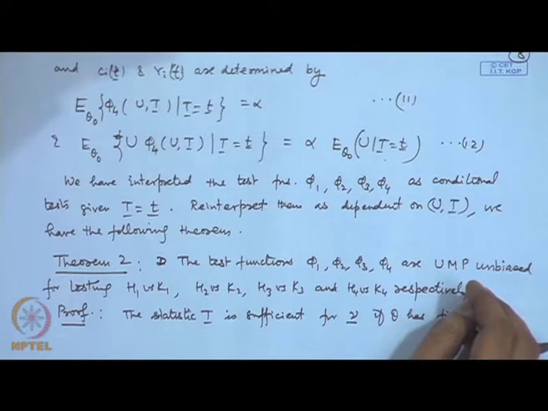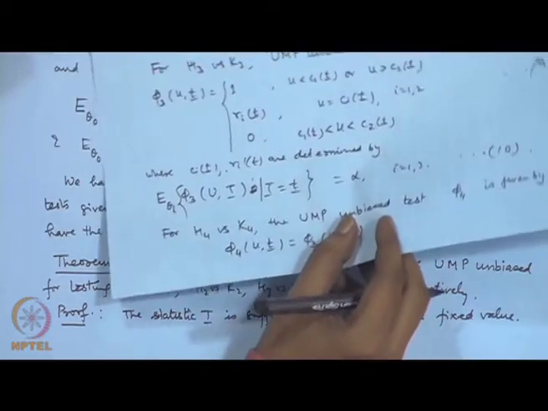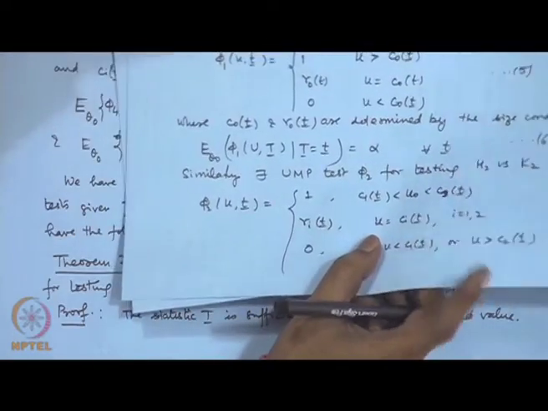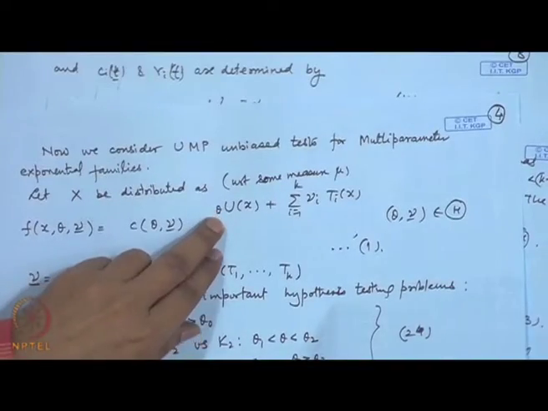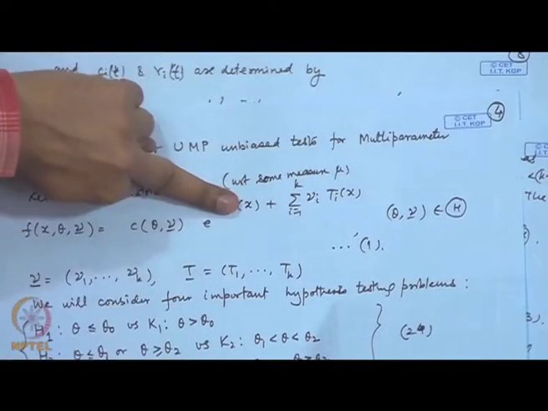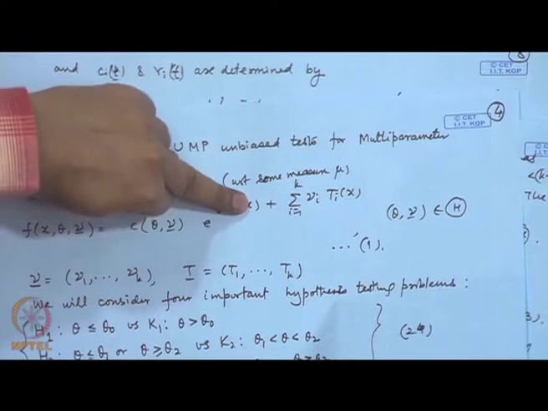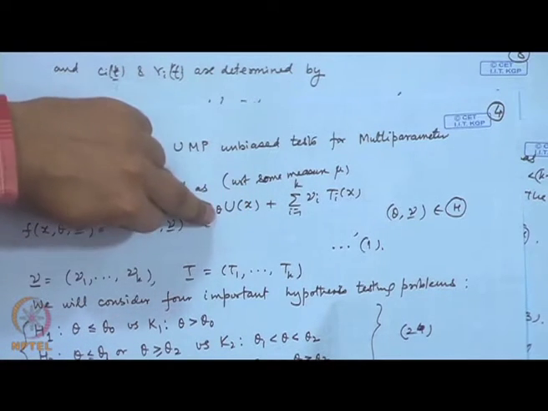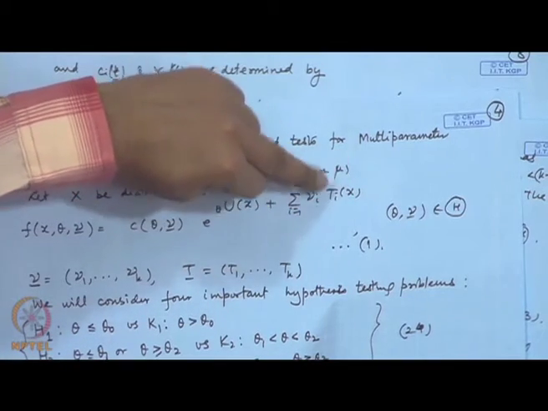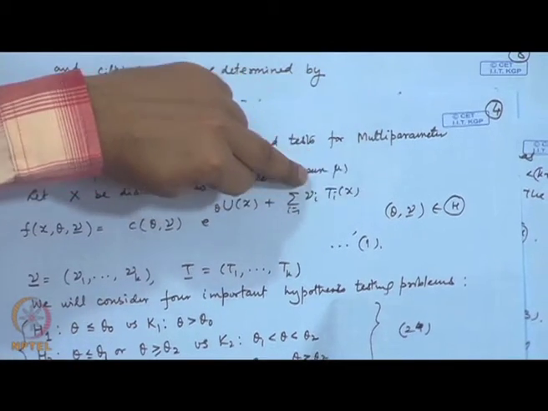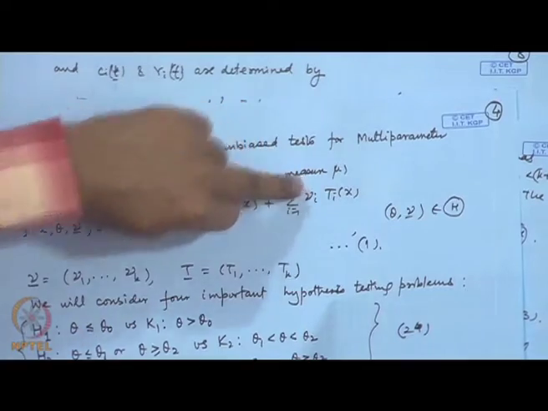So, this you can easily see if I am writing down the distribution in this one. If I fix theta, then this part will become a random variable here, it is dependent upon the variable only. You will have only e to the power sigma nu_i T_i(x), that will show that T1, T2, ..., Tk is sufficient for the parameters nu 1, nu 2, ..., nu k.